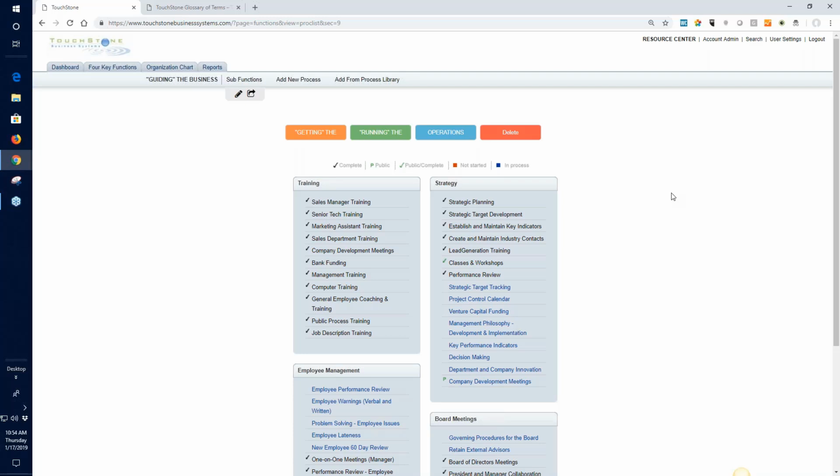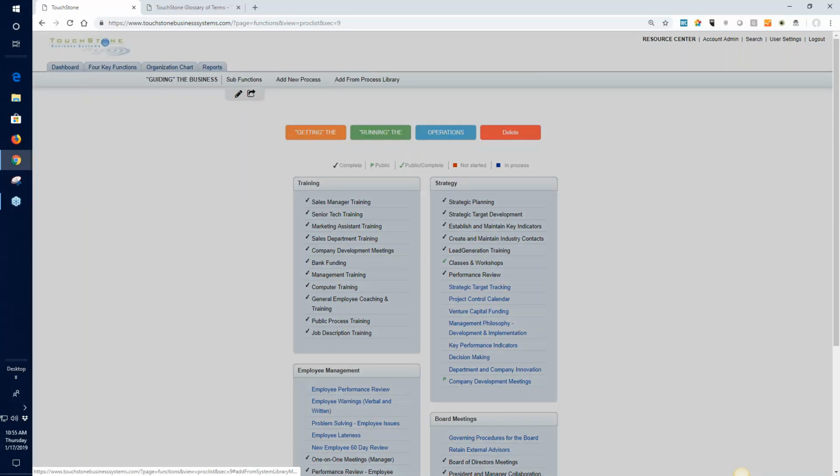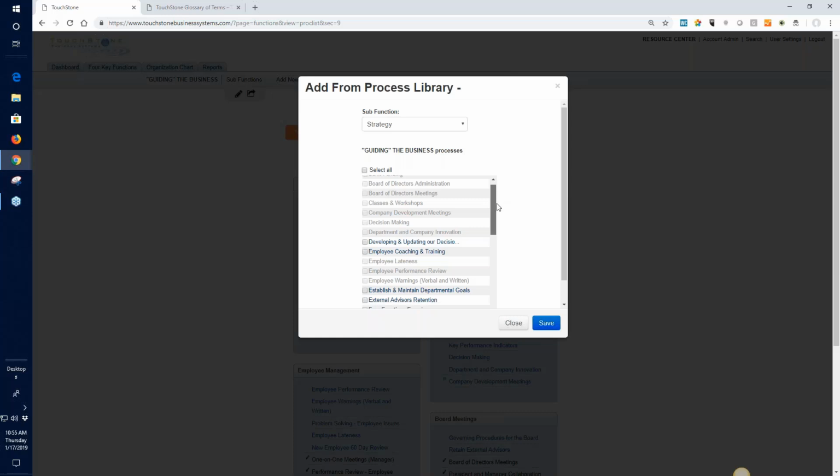Start thinking about your strategic plan for the year. And there's a great process in the library for doing this. It's called strategic planning. So I'm in Guiding the Business because this is a strategy type thing. This is a guiding thing. So here in the library, Guiding the Business, you go to General Processes, and then you're going to see there's